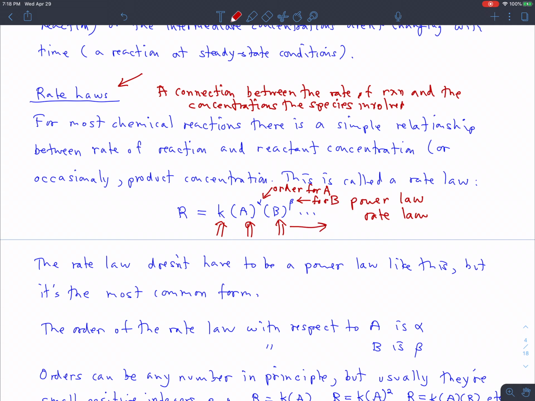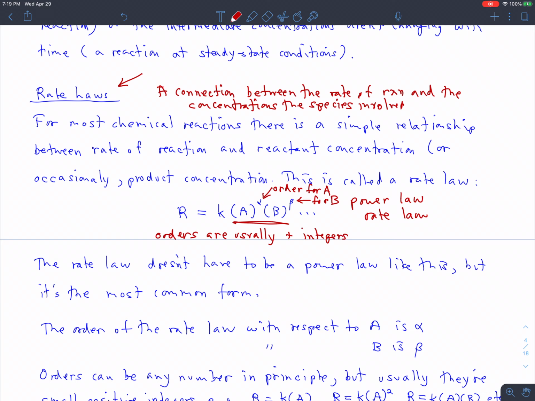And in principle, you can have more terms here. I have a little ellipsis there to indicate that there could be a C to the gamma and a D to the delta. As many powers as it takes out here to describe what's going on in your chemical reaction. Usually, 2 is sort of the limit of things. I can't remember ever seeing, in fact, a rate law that has 3 or more terms, but in principle there could be. These powers are usually integers, usually positive integers. So the orders are usually positive integers,